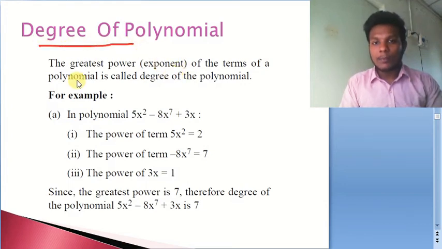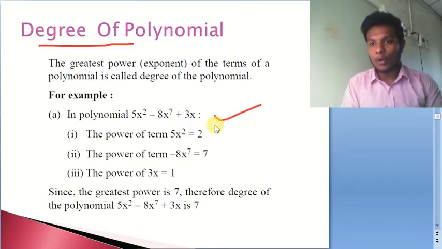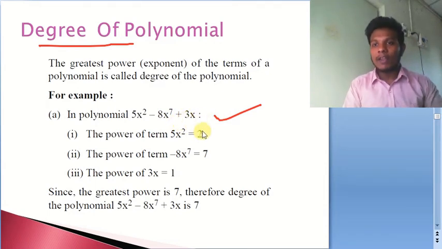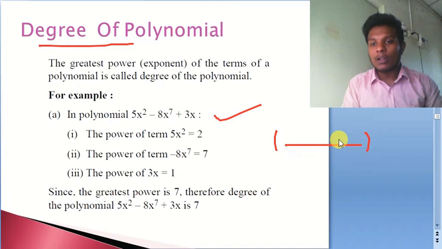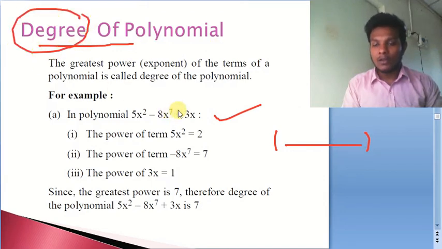I will make it simple for you. Suppose you have a polynomial, and in that polynomial there will be many variables, and those variables will be having individual exponents. Now you have to do one thing, just focus on your exponents only. You write down all the exponents. Out of those exponents, whatever is the highest value, that we call the degree of the polynomial. So let us take an example.